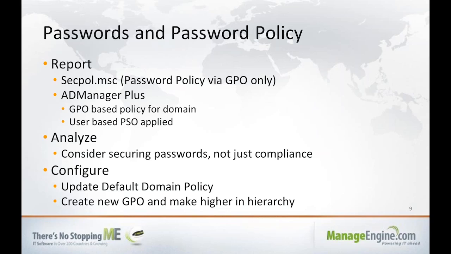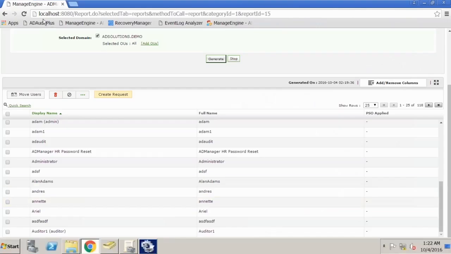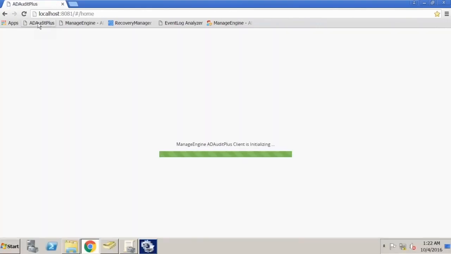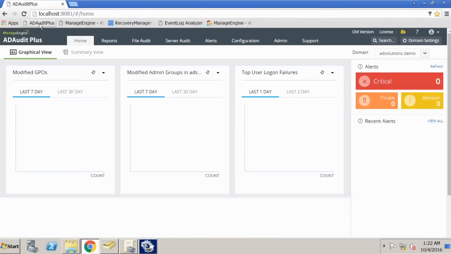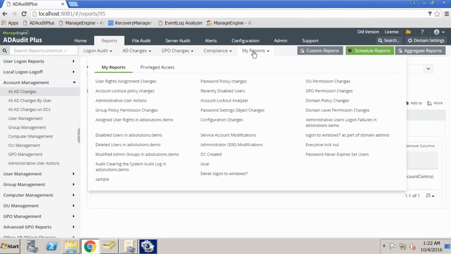Just like I mentioned before, if we just configure this, we'll never know if it changes. However, if we go into another tool, such as AD Audit Plus, AD Audit Plus allows us to track all changes to Active Directory. And I can generate reports that show me if a password policy changes. So the password settings object would be fine-grained password policy, and